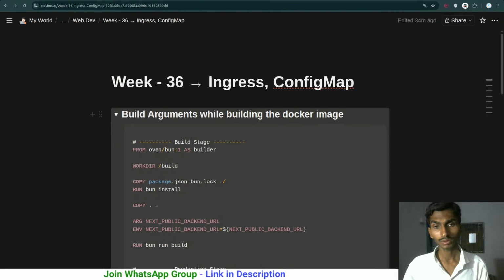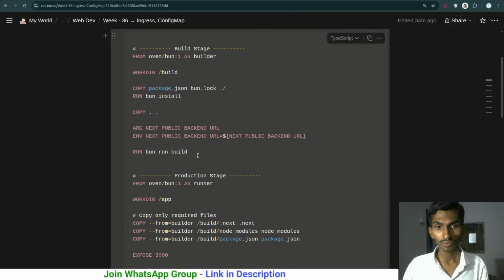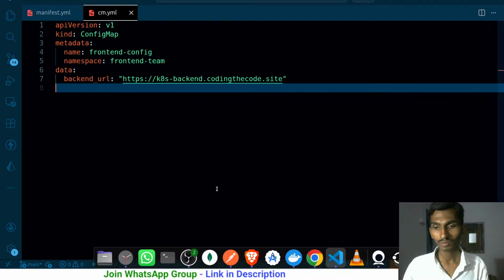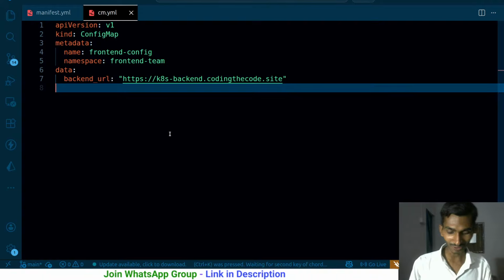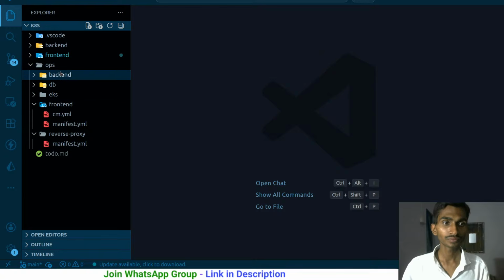Build arguments while building the Docker image. That's fine, and this way you can just simply get the things done. Let me just simply cut it from here. I'm going to be adding this again. It's better to just simply write the things on our own. And coming back to this one, if I go to the front end,